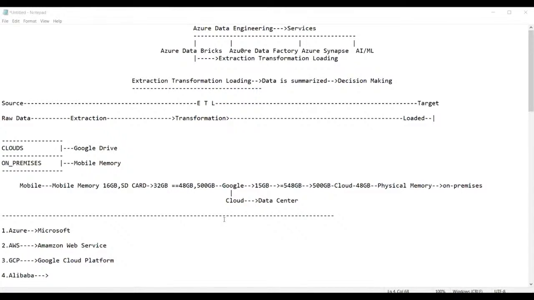Any other questions, guys? Sir, what is the duration? Duration will be 60 hours. Is it required to learn both Azure Data Factory and Azure Databricks? See, guys, there is no connection between Azure Data Factory and Databricks. If you learn both, that is up to you. If you don't, there is no problem. You can get a job individually on Azure Databricks as well as on Data Factory. These are 2 different services.